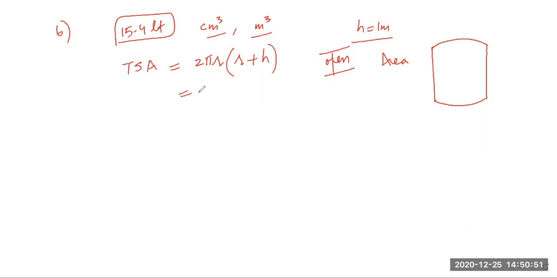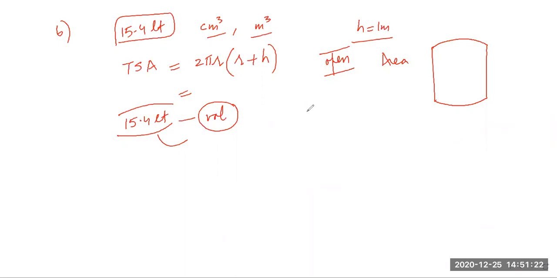So we have to find out, height is given, and then 15.4 liter. This 15.4 liter is basically the capacity. In other words, it is the volume, but we have to convert this into what? Meter cube. Yes. Can Bakshpreet tell me how to convert into meter cube? Yes, Bakshpreet, can you tell me? We will divide it by 1000.